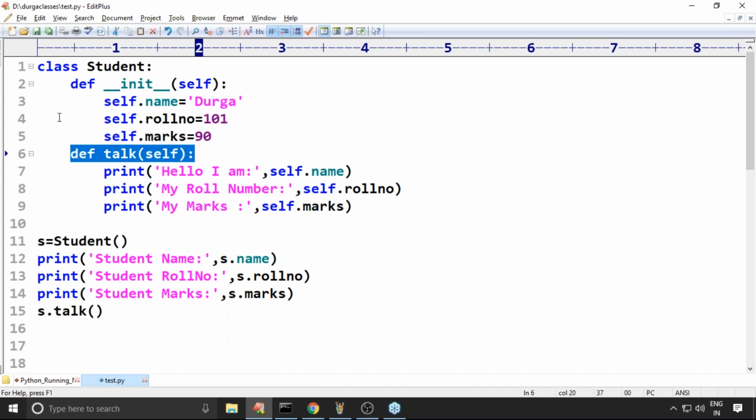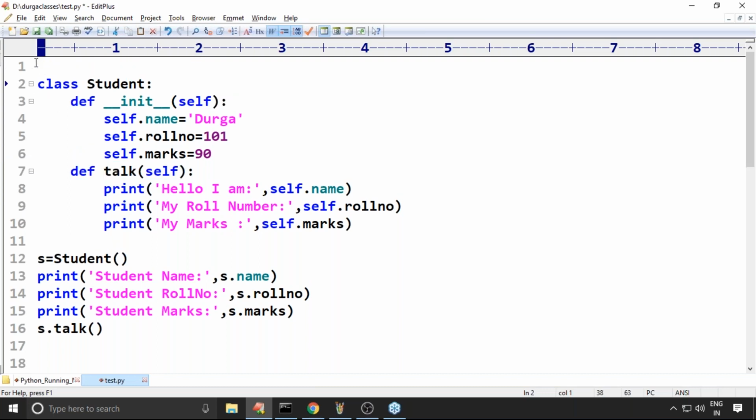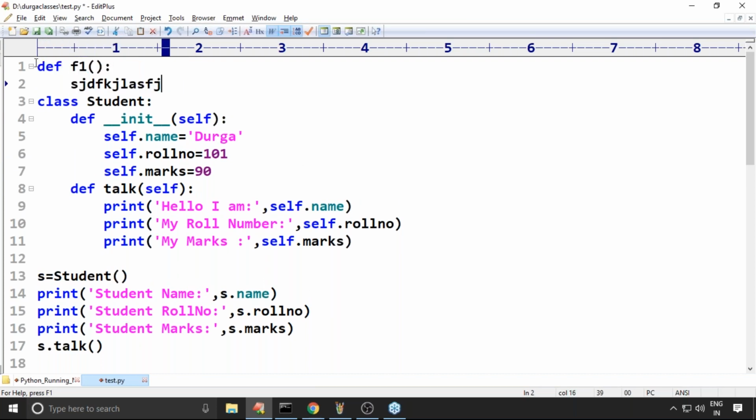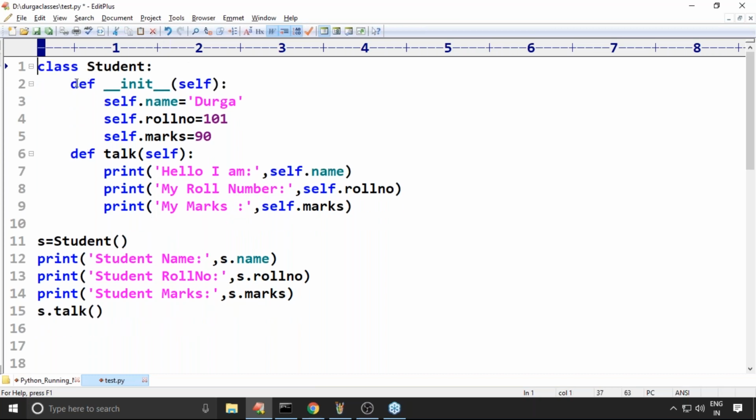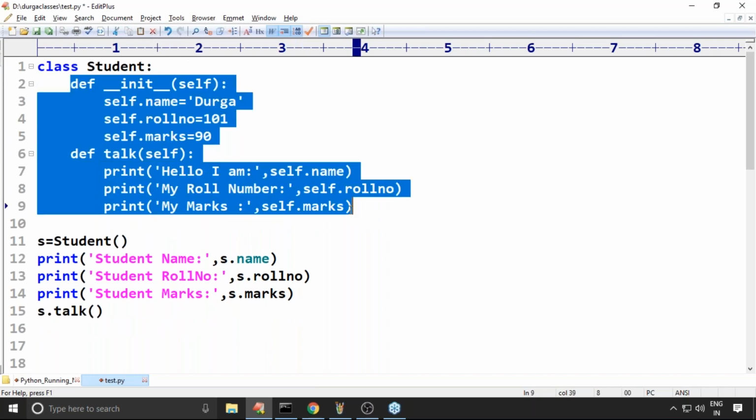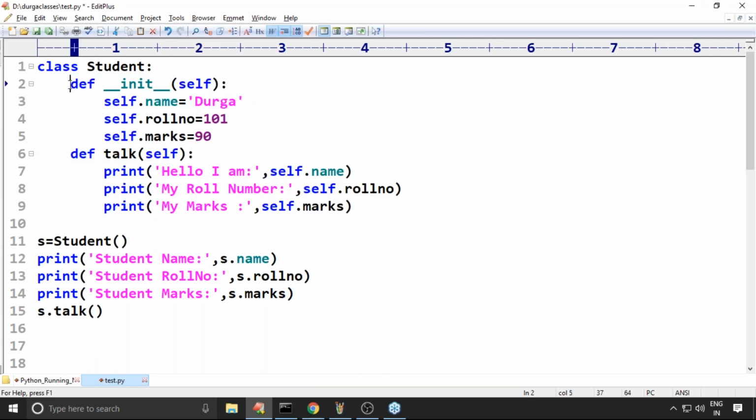Okay. Next, suppose tomorrow I declare something like this. Where did I declare this one, within the class or outside the class? This one is outside the class. Such a thing is called a function. But for the functions which are declared inside a class, we can't use the word function. Generally it is a method. But both things are the same. In object oriented programming, we always use the word method, but in functional programming we use the word functions.